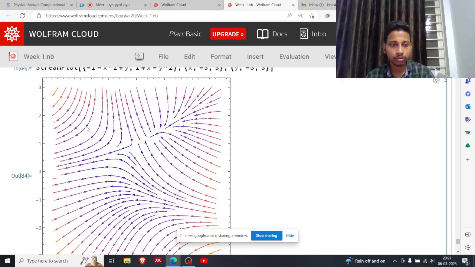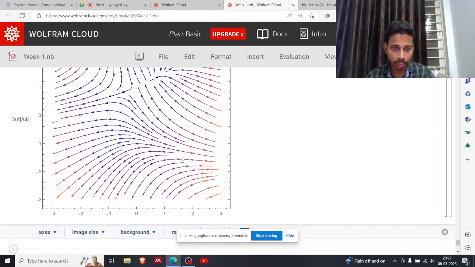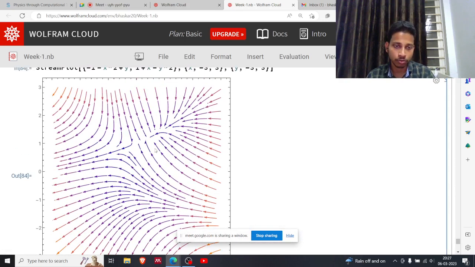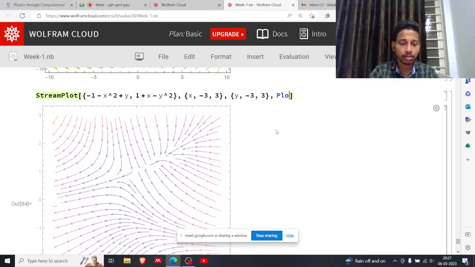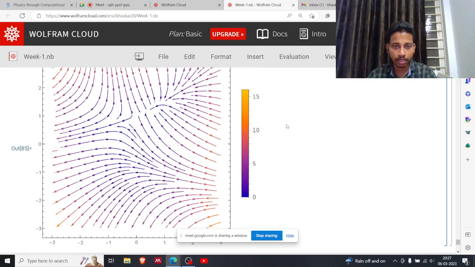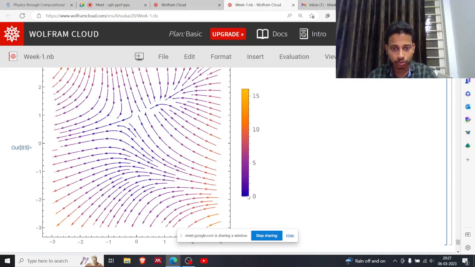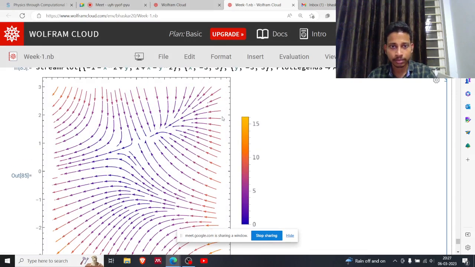Okay, now as I have said, the color of this arrow actually shows the magnitude of the field at that particular point, so we need to use the plot legend, Automatic. So it is giving the color bar where it is showing the magnitude. So this blue or violet color shows the range of 0 to 5 like here,